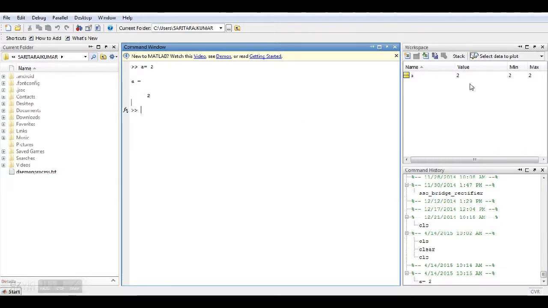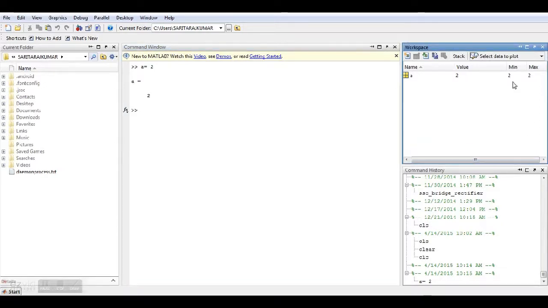And when you look to the right side of the command window, there is a window called the workspace. In this workspace, the value 2 is stored. It will show you the different variables we have used in the program, the values present in the variables, and the minimum and maximum value of that array.